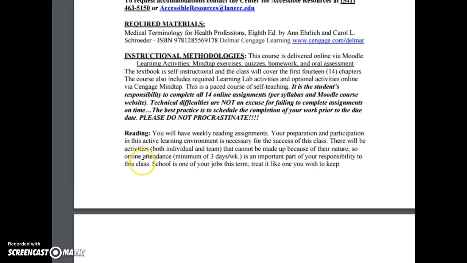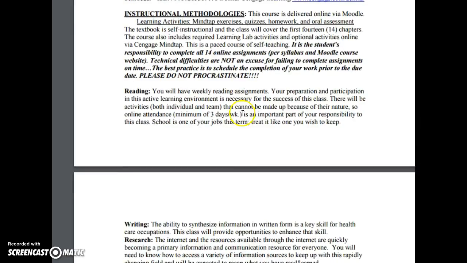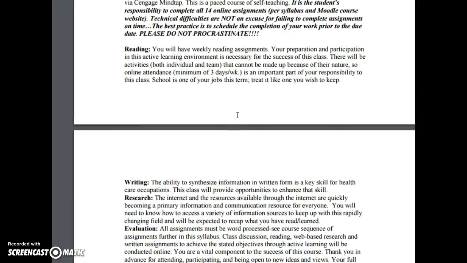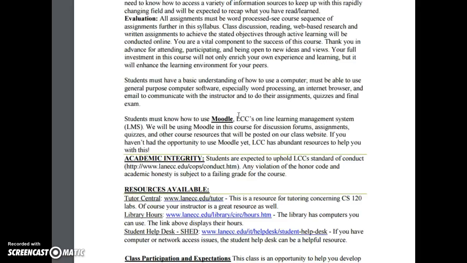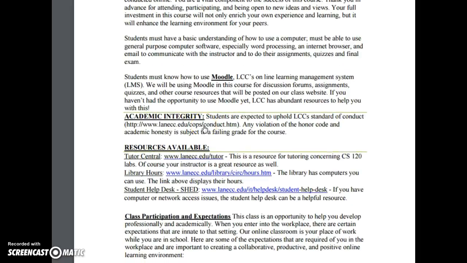And then the next thing I have is just some instructional methodologies that are dealing with MindTap, which is another learning management software just similar to Moodle, and that is that you'll be getting an account through Cengage, and you'll be working in that account to do the various activities. So there's learning lab activities, and I have a video that you can watch prior to starting Chapter 1, so you'll get more familiar with that. Then some just general information about academic integrity and the Code of Conduct, some resources available to you via Lane,